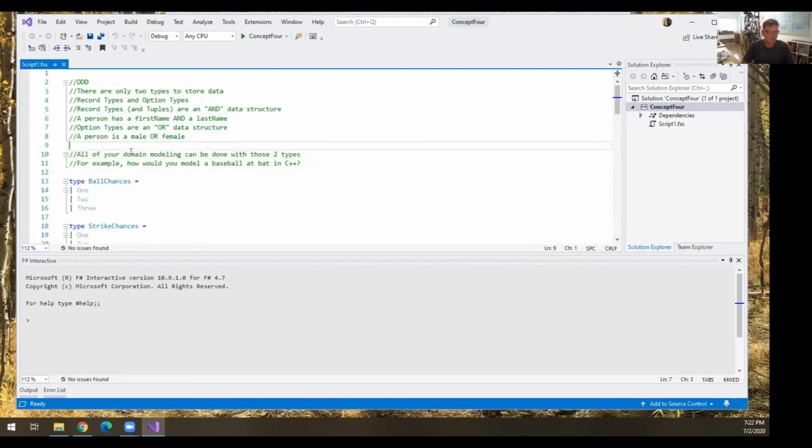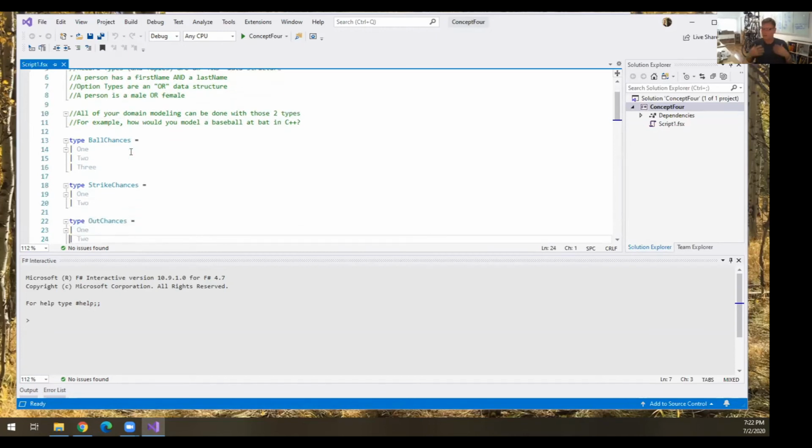I'm using a trivial example, but I'd like you to think mentally about how you would implement this in C++, how many classes you'd use, how you'd use polymorphism, inheritance, all that other stuff, just to model a baseball at bat. I'm not a big baseball fan, but I figure it's pretty accessible to everyone on the call, I hope.